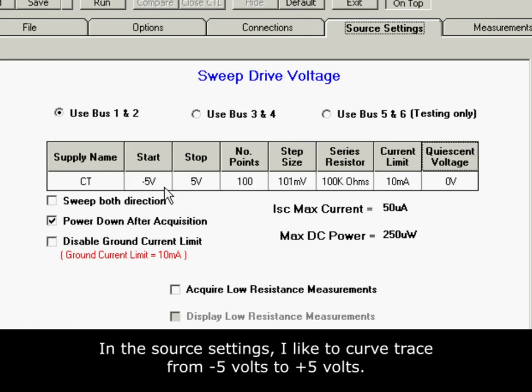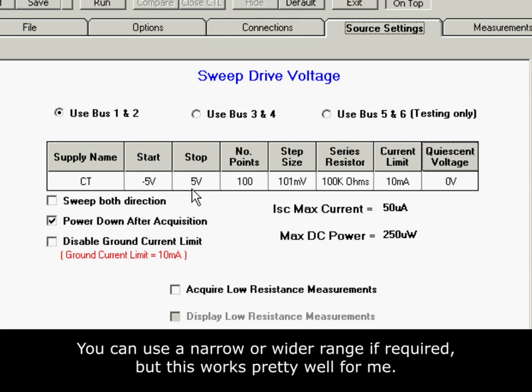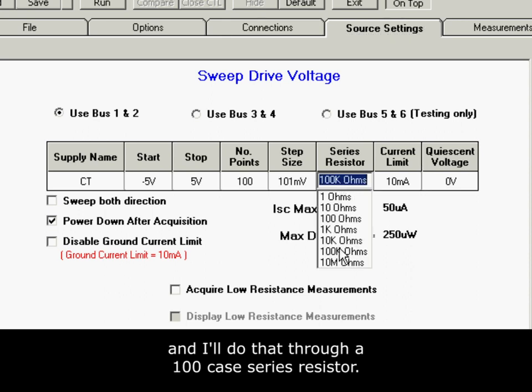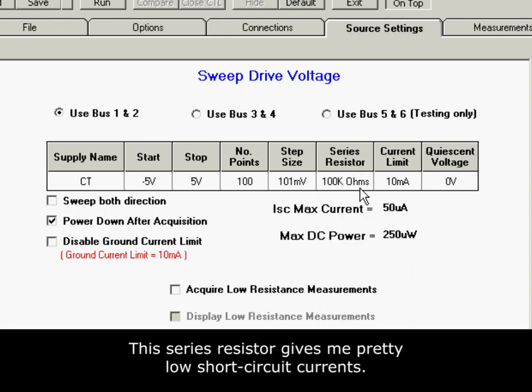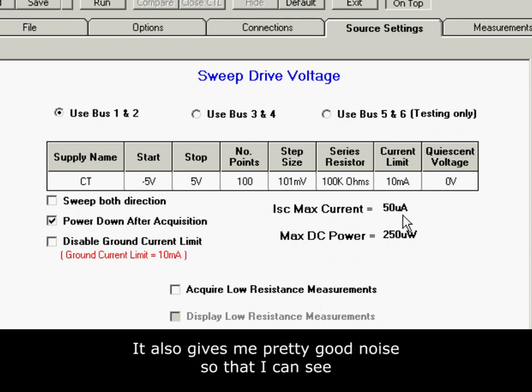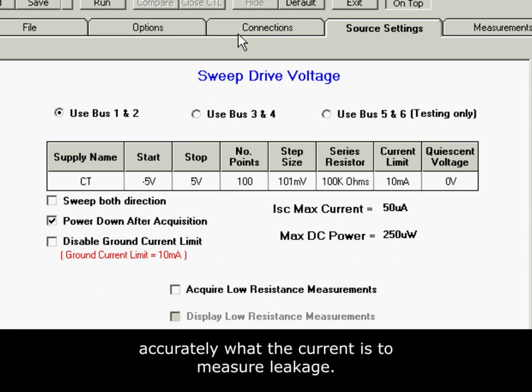And the source settings, I like to curve trace from -5 volts to 5 volts. You can use a narrow or wider range if required, but this works pretty well for me. I break that up into 100 sample points, or each step is going to be 100 millivolts. And I'll do that through a 100K series resistor. This series resistor gives me pretty low short circuit current, so I don't manage to damage my device by testing it. It also gives me pretty good noise so that I can see accurately what the current is to measure